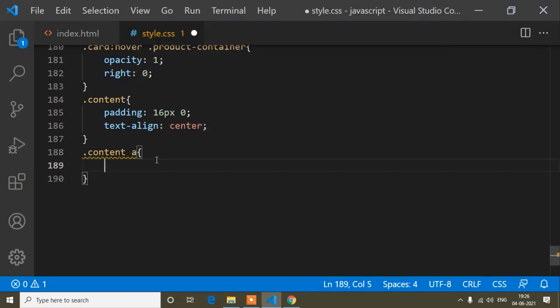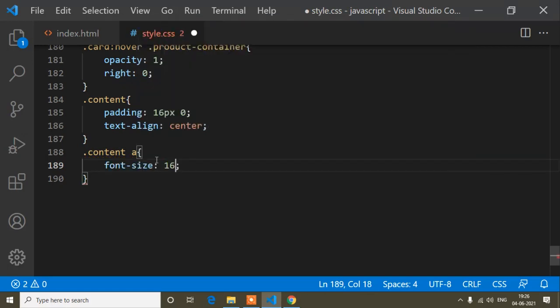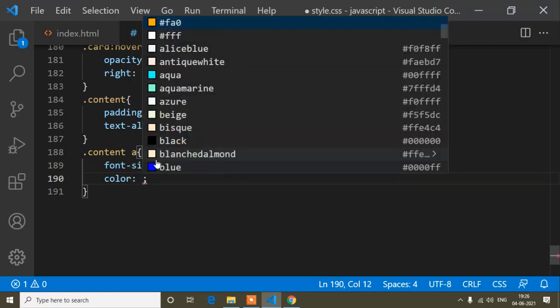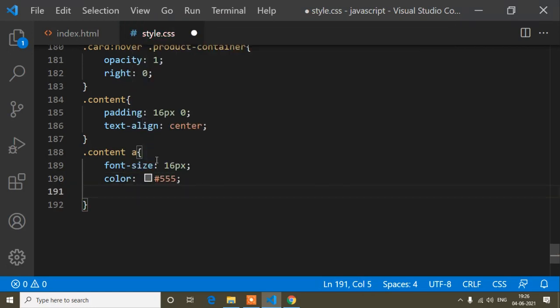And now first of all I will write the font size. Font size is 16 pixels, and the color, I will add the color of this font. So here I will add the color code, and the font weight I will write as bolder, so it's 700. And the text